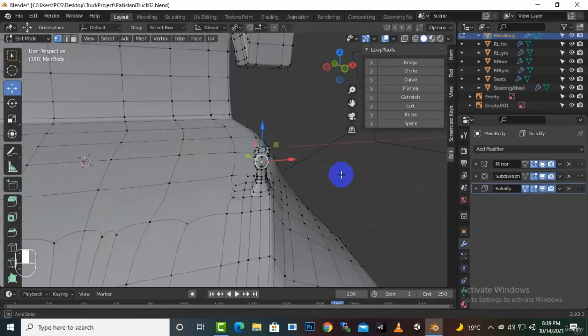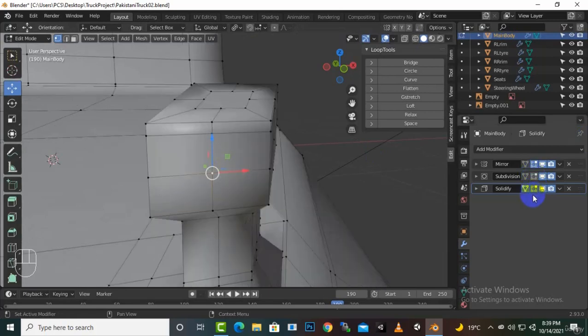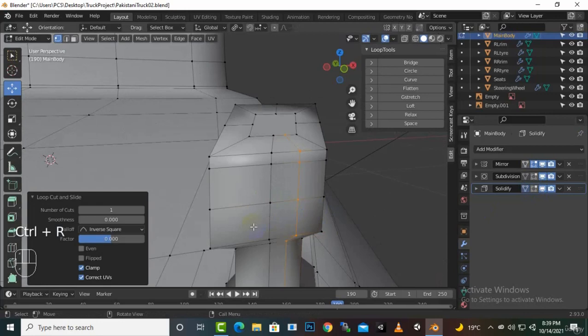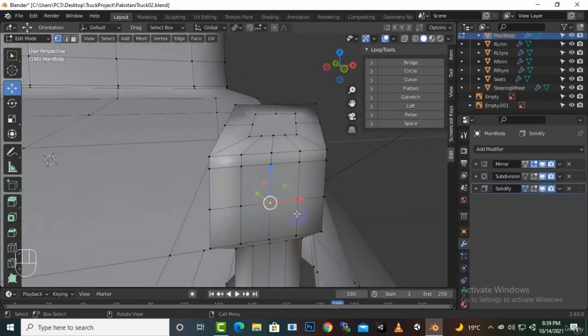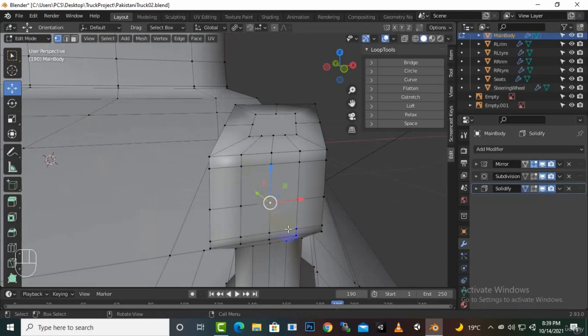round, okay. And in trucks you can see the round lights. So for that type of effect, what we can do, we can just deselect this thing, and we will press Ctrl R, and we will just create a corner here, and I will just select this loop. Okay, this is a bigger loop, so no problem. We can just create a loop here, and we already have this loop, so we can select this vertex, we can delete it, and we can select the loop and circle it,